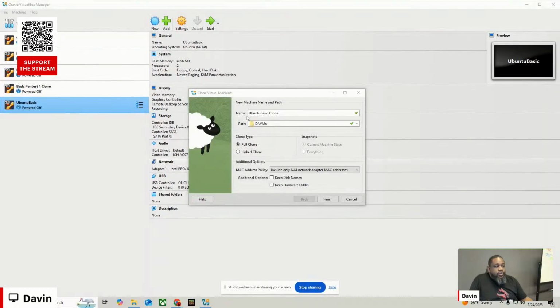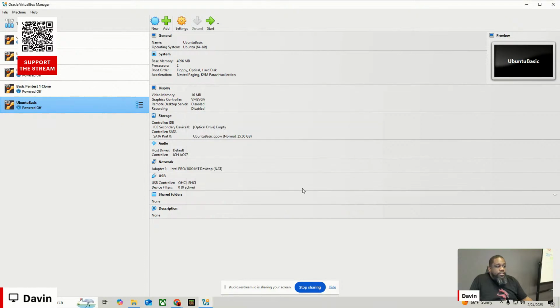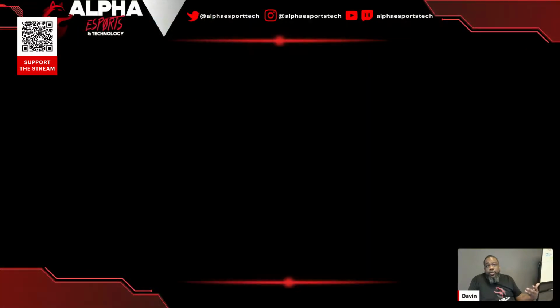So here, like I said, I have the clone, right? And I'll do all of that in there. And then I would just go ahead and click finish, right? And I'm just going to hit cancel. So you would click finish and then it would go through the cloning process. And now the reason why I clone my machines, especially after the base image, is if I'm using a virtual machine image for real world pen testing,